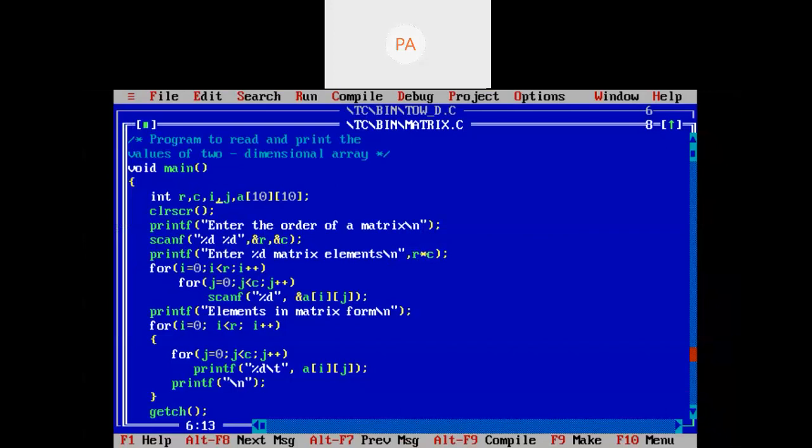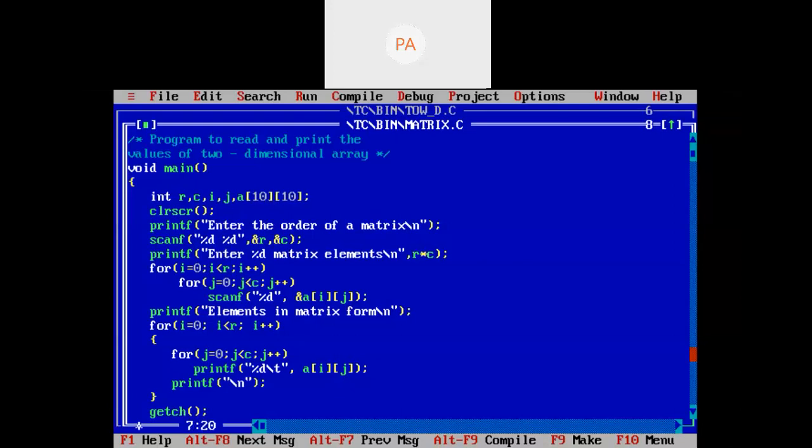What I'm doing here is considering 10 rows and 10 columns as the maximum. So the user can enter up to 10 rows and 10 columns of elements, that is 10 into 10, 100 elements. Out of 10 rows and 10 columns, let the user choose his number of rows and columns. If I give 2 and 3, then we consider 2 rows and 3 columns of elements. But I'm not doing that, I'm telling the user to enter his own row number and column number.